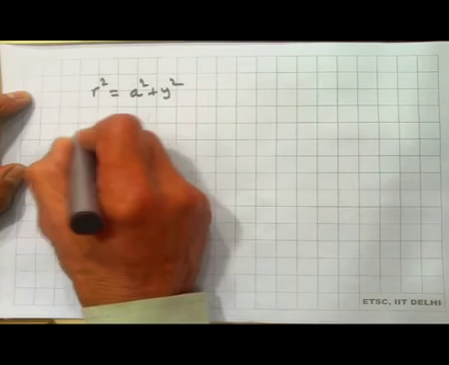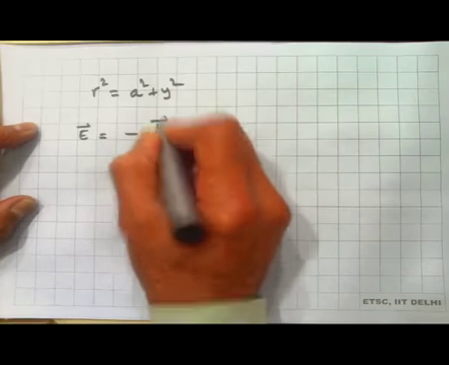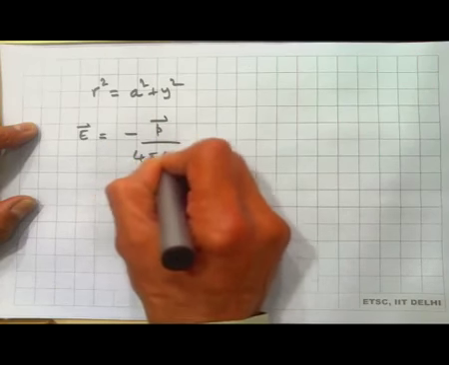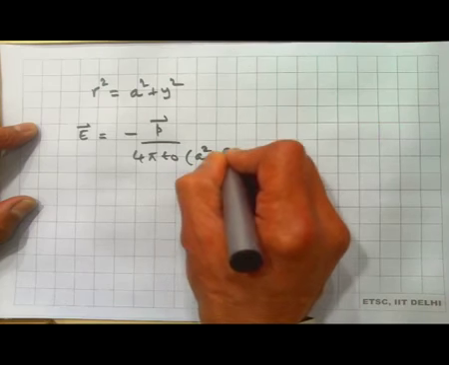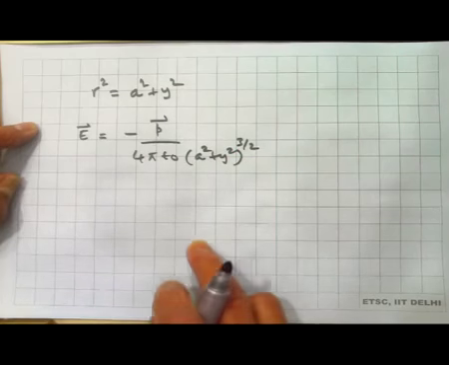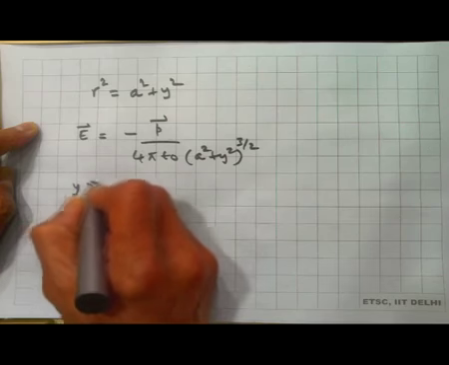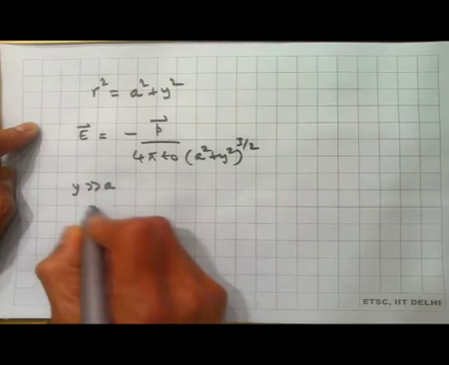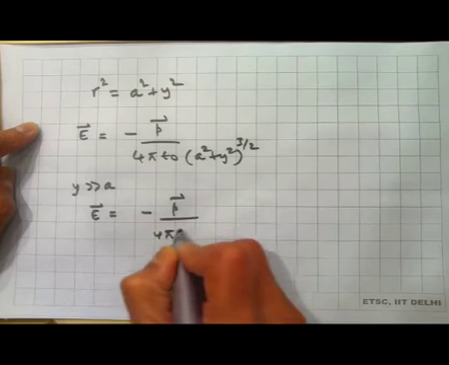So, E total becomes minus p by 4 pi epsilon 0 a square plus y square raised to the power 3 by 2. It is r cube. So, I have a square plus y square raised to the power 3 by 2. So, if y is much greater than a, then E becomes equal to minus p by 4 pi epsilon 0